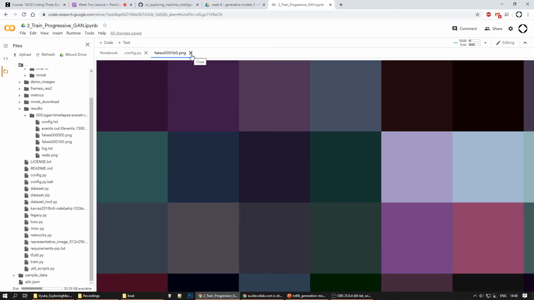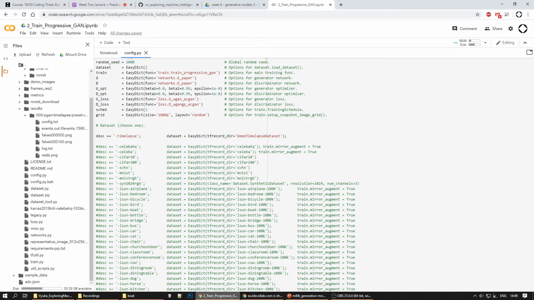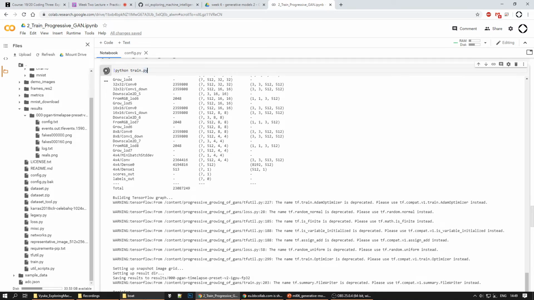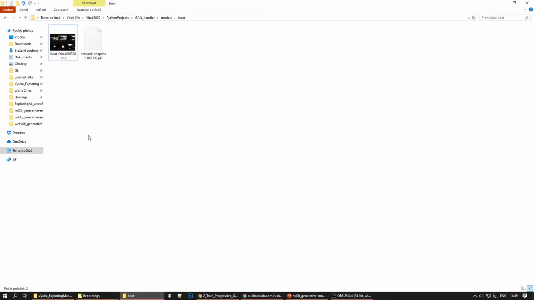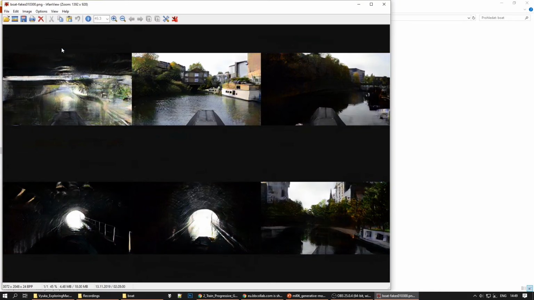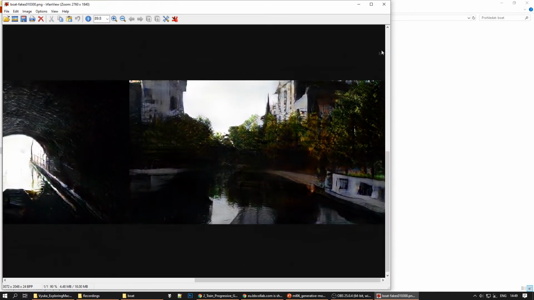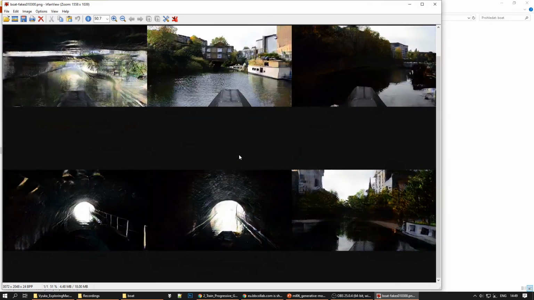If we trained this for long enough, we would start getting images like from a real dataset. So here is the output of a network I was training some time ago, and it saw 10 million images. I was using the same trick, bounding it with some area, padding it with zeros basically, and this is what the network was trained to represent. So it's able to recreate images from some boat ride or something. This was again from a video,